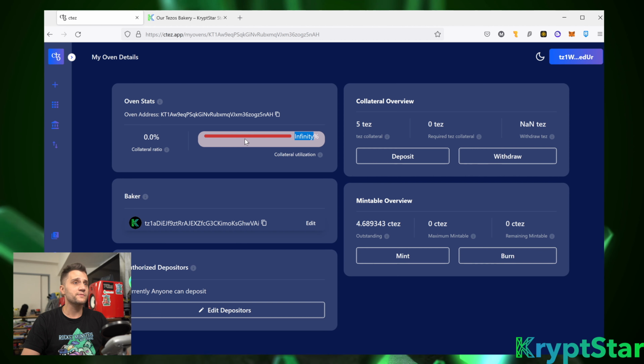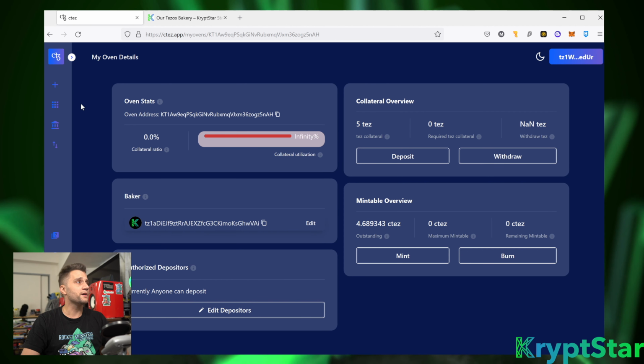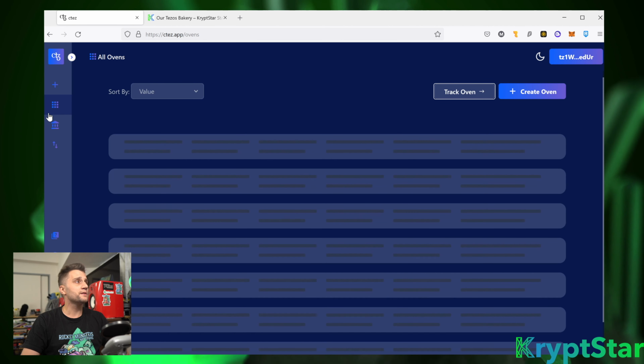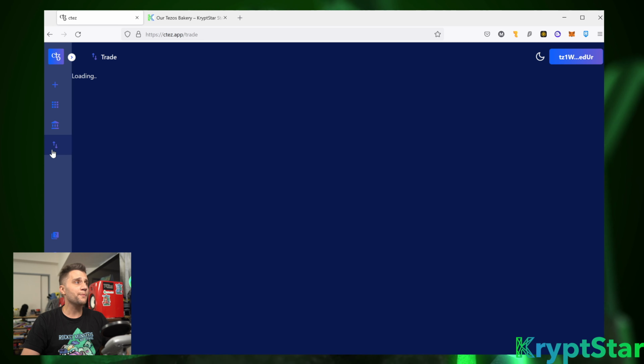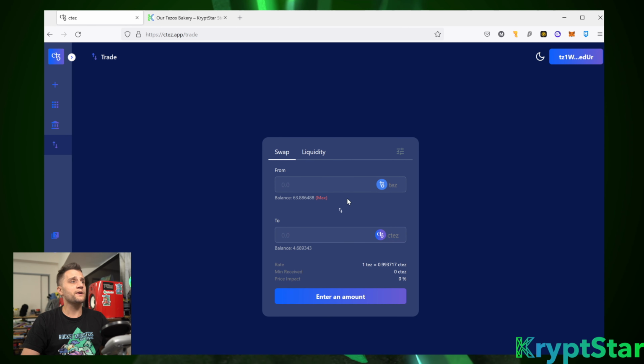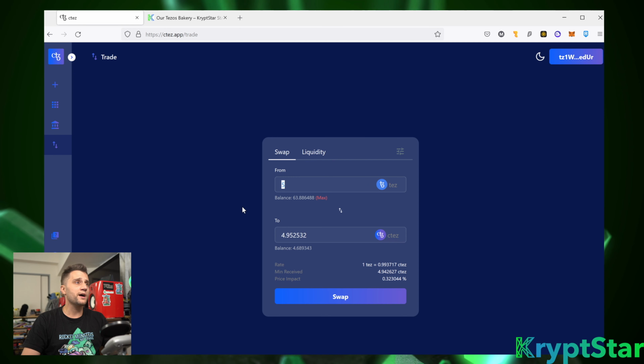I have a feeling this is a bug in the UI. Go ahead and head over to swap. You can see here, actually, if I want to swap 5, I can swap 5 Tezos